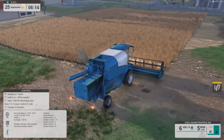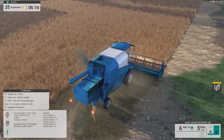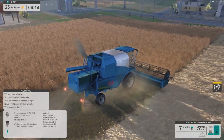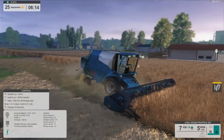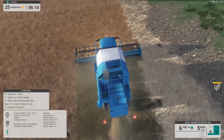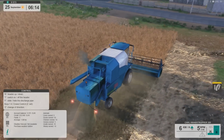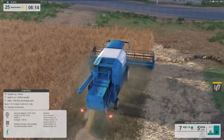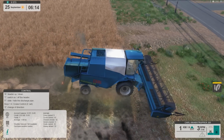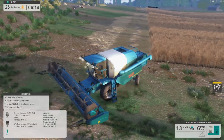See how we're doing. 11% full. But we're getting maximum efficiency here. Because this is the good header, so this will give us the best cut that we can possibly get from these fields. This thing will fill up slowly once again because it's freaking huge. In fact, our trailers are probably going to fill up, unfortunately, faster than the harvester, so we have to really watch that. I don't know what the capacity is on this thing, but I know it's much larger than the other harvesters that we've been using, so it'll be able to do a lot more field before we have to unload it. But we got to watch with the trailer, because...